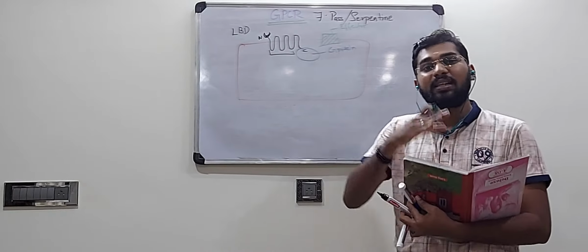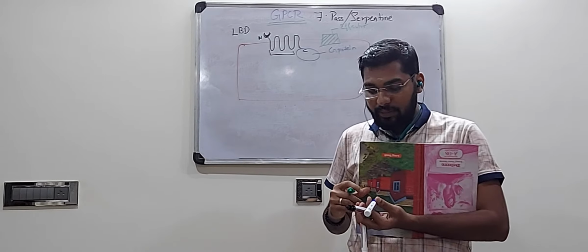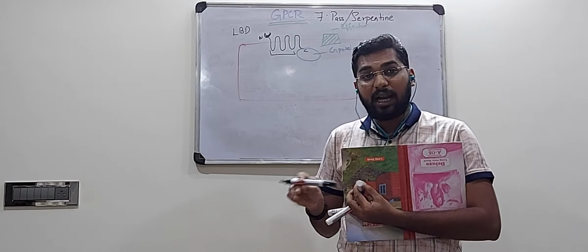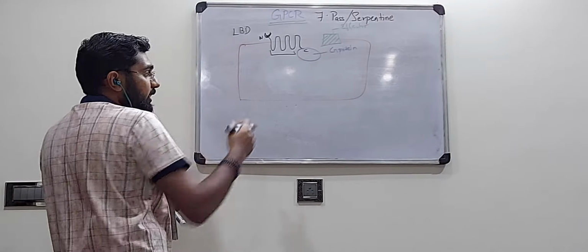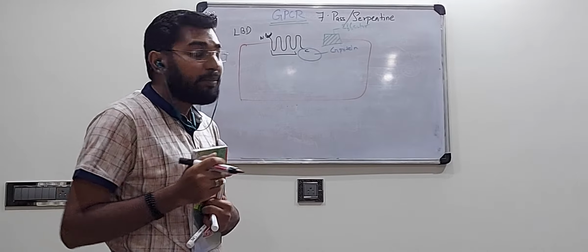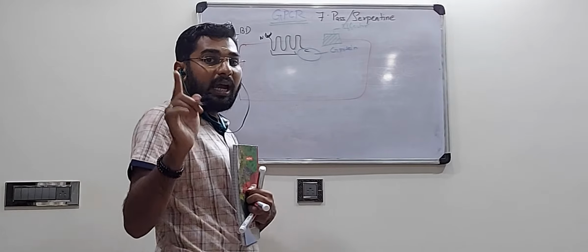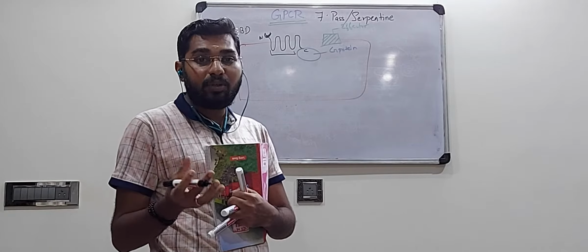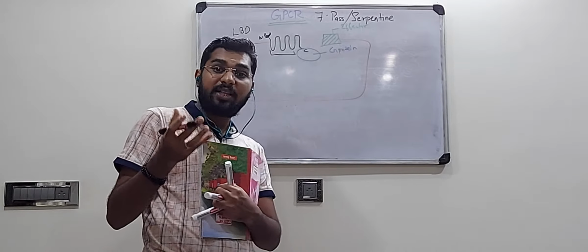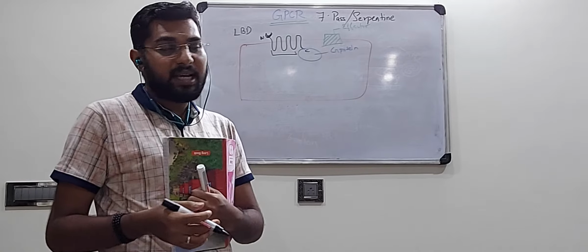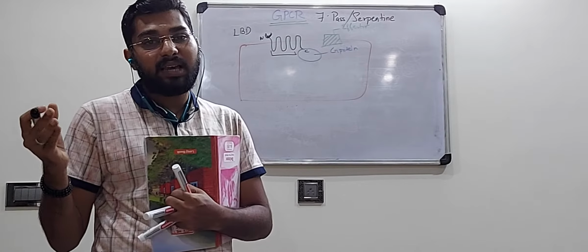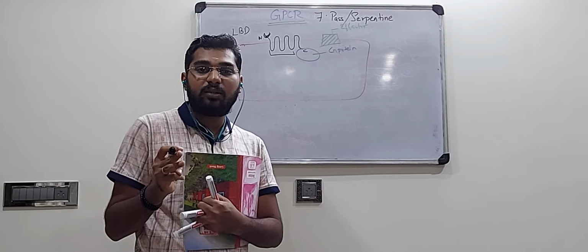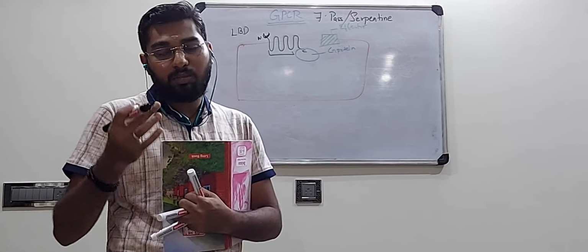Heterotrimer. Hetero means different. Tri means three. Mer means unit. So it has three different units, hence it is called a heterotrimer. If you see this G protein, it is made up of three subunits called alpha, beta, and gamma subunit. Out of which the alpha subunit is very big in molecular size, it has a large molecular weight. Beta is intermediate and gamma has the least molecular weight.